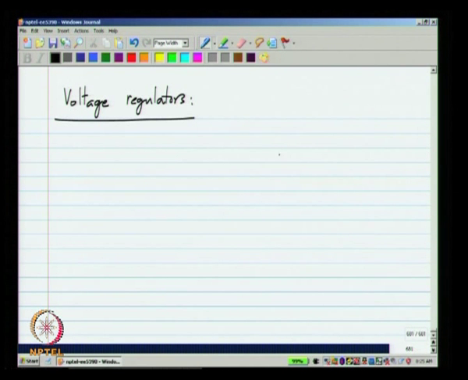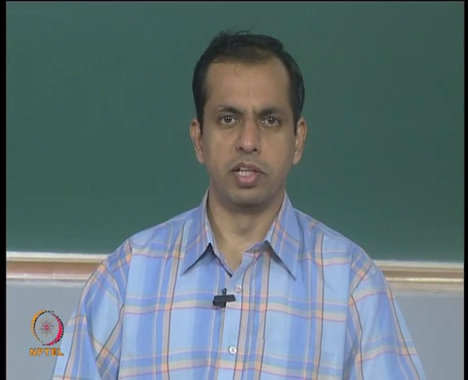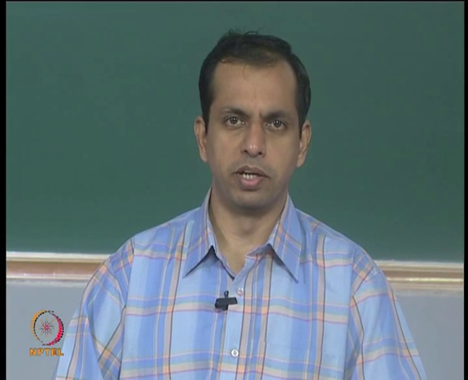Now, what is a voltage regulator? It has some supply and it is required to supply a constant voltage V out in spite of variations in VDD. This you would have seen very often if you have built some sort of circuit, then you would get the DC source from somewhere, but you will further regulate it using a voltage regulator. First of all, to get the voltage to the level that you want, and also minimize any variations in the voltage that you are supplying to your circuit.